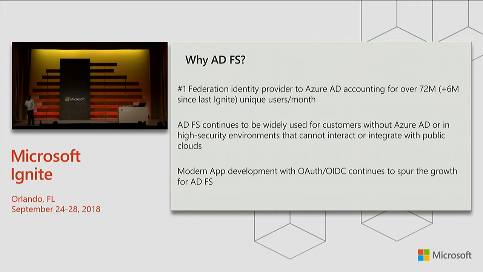Now, before I get into the features, how did we think about investing in ADFS 2019? There are 4 vectors with which we were looking at what features to prioritize, and I thought I'd give you a perspective of that as well. The first priority was always security. That is our #1 priority in making sure that we provide the best set of secure login options for end users. And I'll talk about a bunch of these capabilities in a short bit.